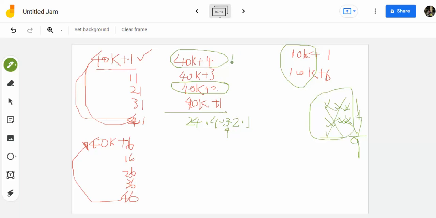4 goes here, it will be 10K plus 1, right? 4 goes here. Okay, we got 10K plus 1. This one has to be 20K plus 1, right? And this 40K plus 1. Where does 3 go? Actually, for the 3, we can change the question. We don't need to look for the last digit being 1. We can look for the last digit being 3,